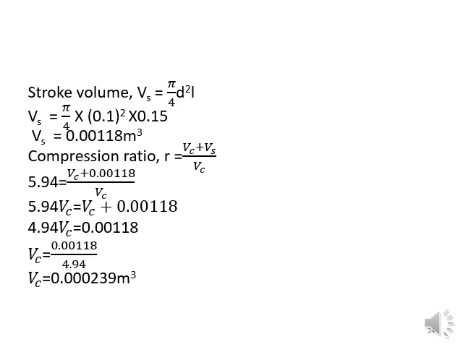So in the next class we will discuss some more problems. These are the basic problems. In the next class we will discuss some more basic problems regarding the 4 processes, 1 to 2, 2 to 3, 3 to 4, 4 to 1, by using the adiabatic relations between 1 to 2 and 3 to 4.